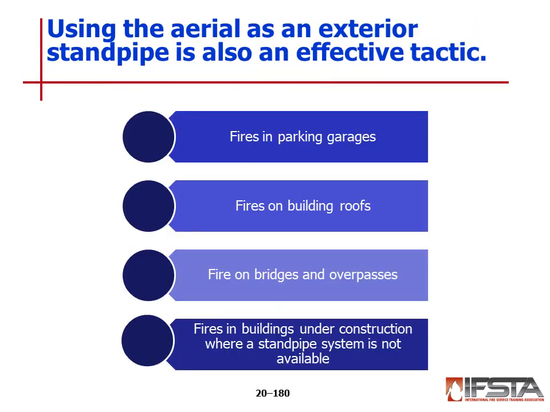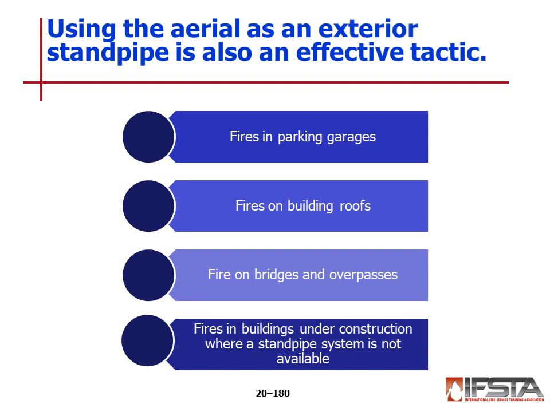Using the aerial as an exterior standpipe is also an effective tactic for fires in parking garages, building roofs, bridges, and overpasses, and in buildings under construction where a standpipe system is not available. Many aerial devices provide outlets for hand lines on the device itself. With these outlets, hand lines can be pre-connected and kept in the platform, saving valuable time in setting up for interior standpipe operations. Adding pre-connected lines to the platform temporarily reduces the amount of additional weight that can be added